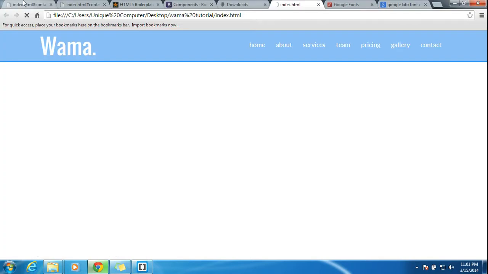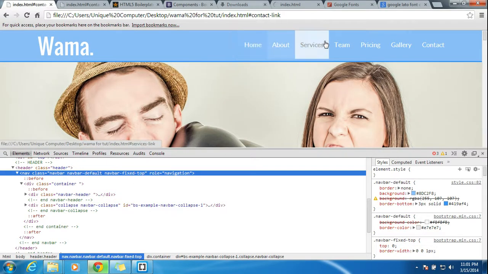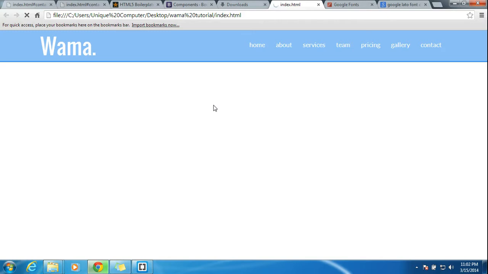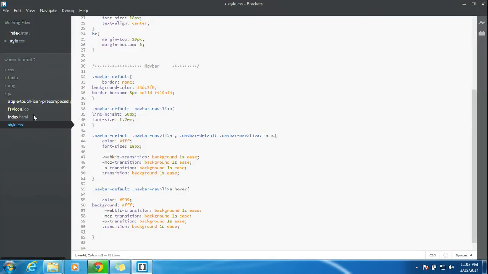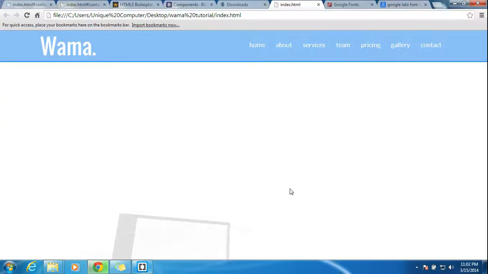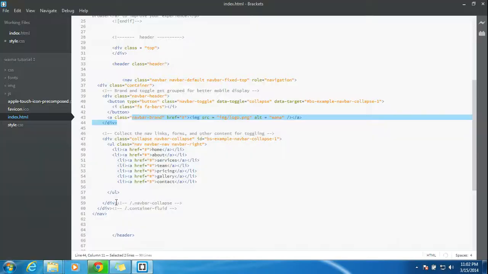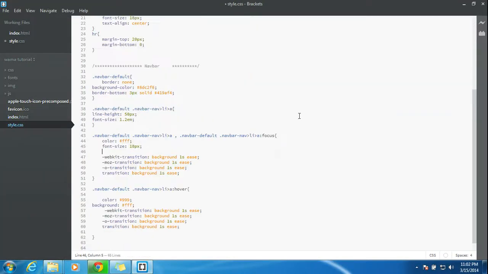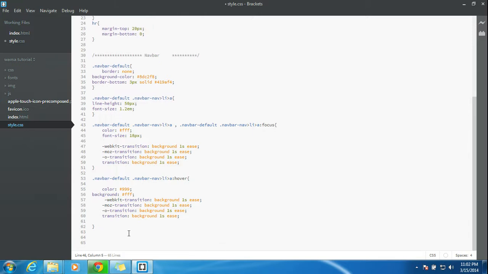Focus, let me check. Focus, okay, not on the focus, only on the hover. Okay, so now I'm gonna give some transition effect to my logo also. So I'm gonna target this. Just go to my index.html and find the navbar brand. So we're gonna target the navbar brand and go to my style.css, and then